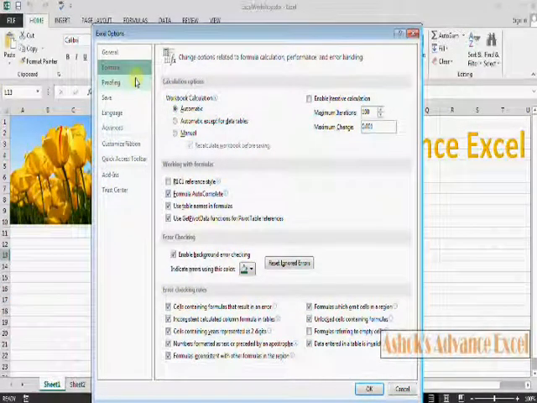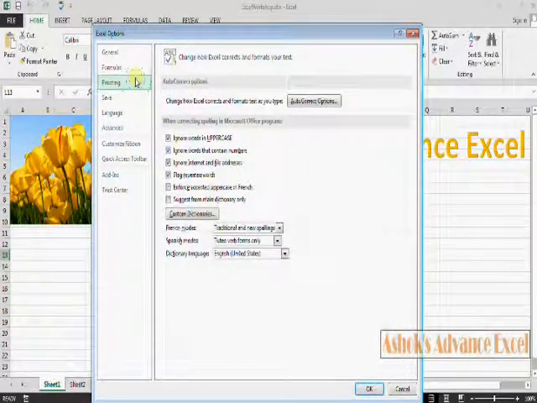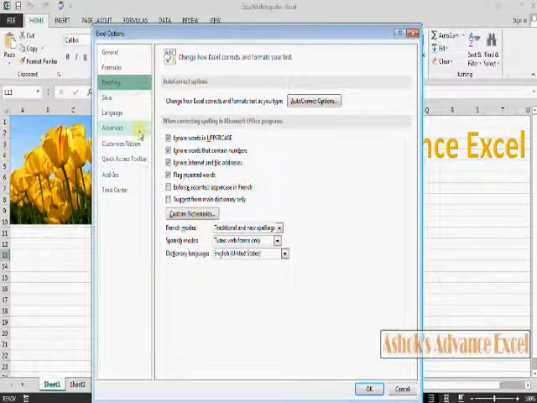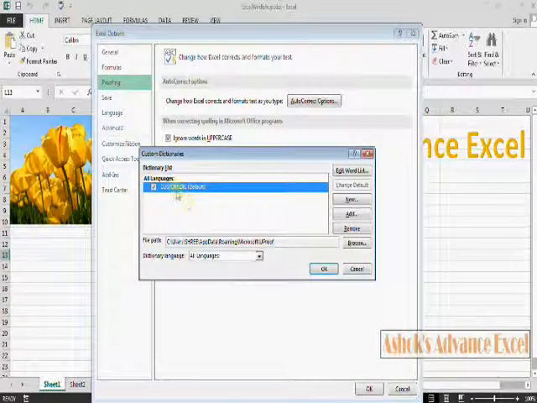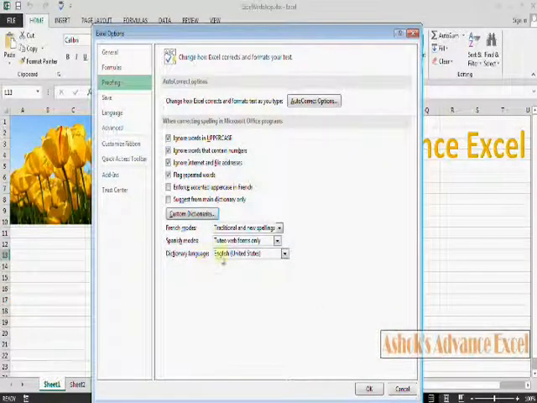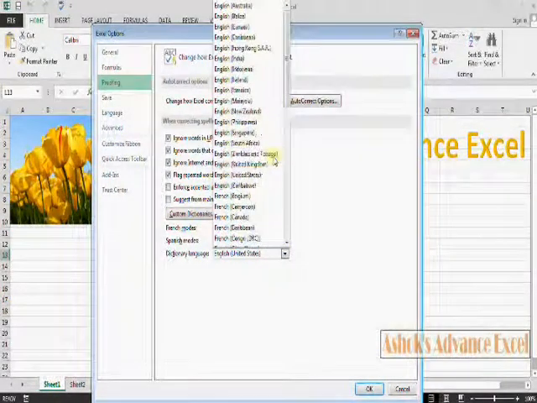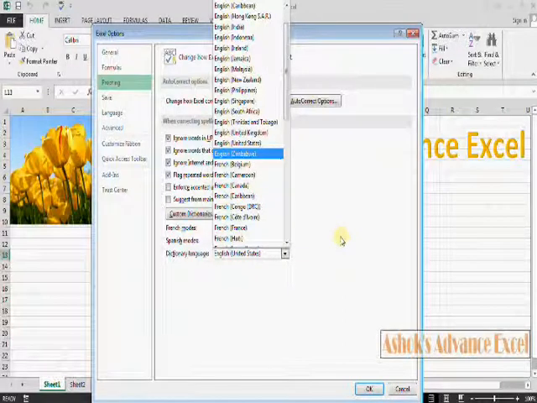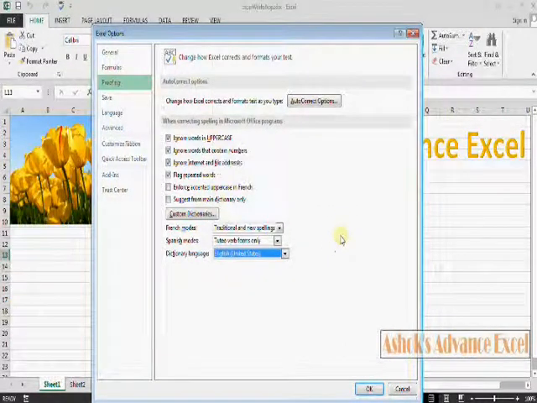We'll go for the next, that is Proofing. Here auto corrections can be set. If you are making the same spelling mistake again and again, those mistakes can be set in the custom dictionary. And at the bottom, the language dictionary can be selected. By default, it is English, United States. The next tab is Save.